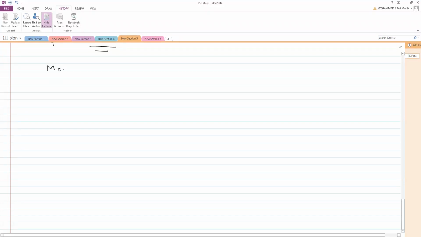And from the modulation index we derived the modulation efficiency. What do you mean by modulation efficiency? It is always denoted by this, and it is called percentage modulation efficiency. It can be defined as